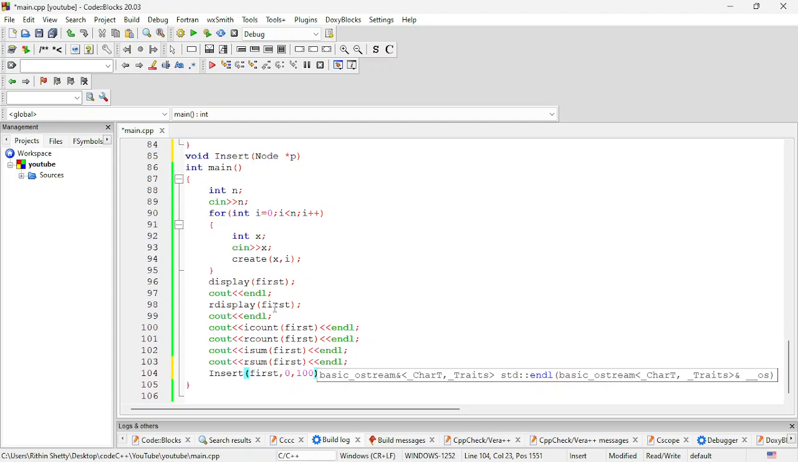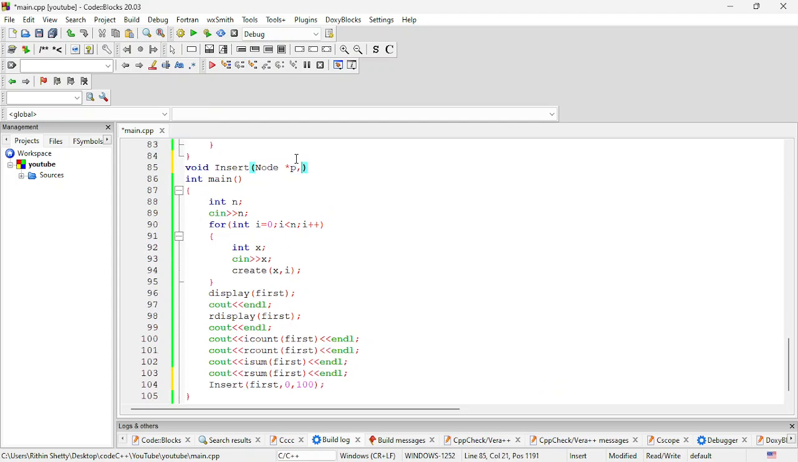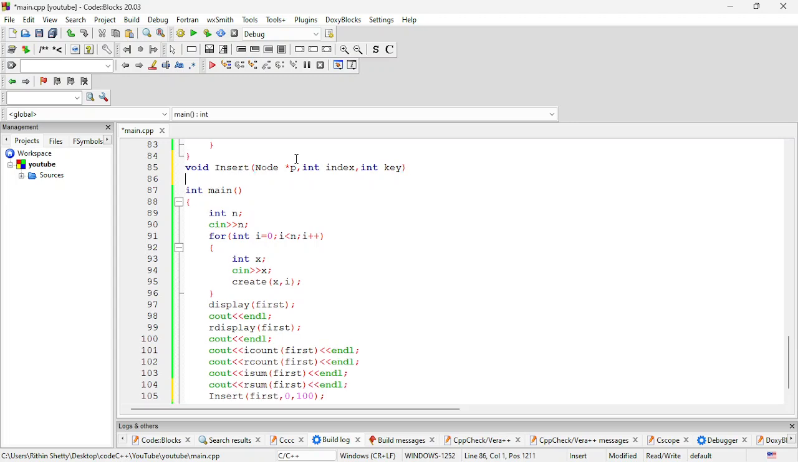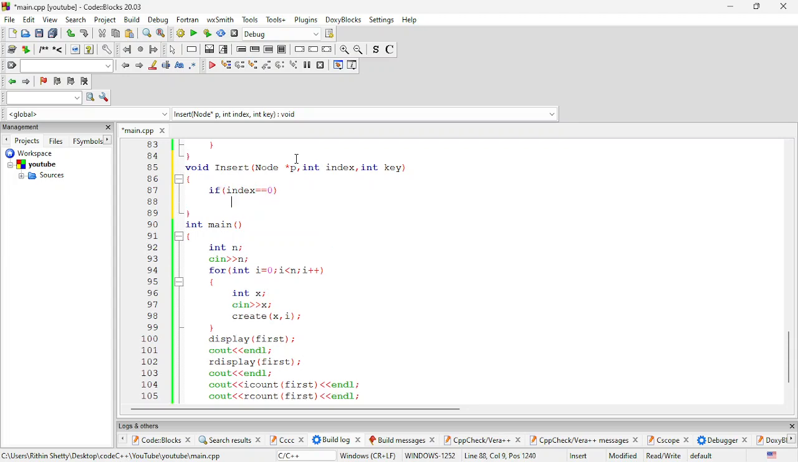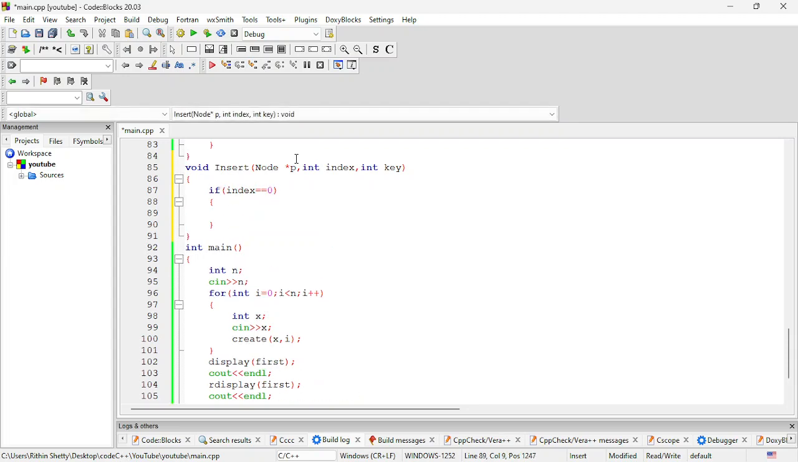So this is how I am sending. So while receiving, int index, then int some key value, let me call it a key. After that, if this index is equal to 0, if it is the first node that you need to add, at the first position, then you need to